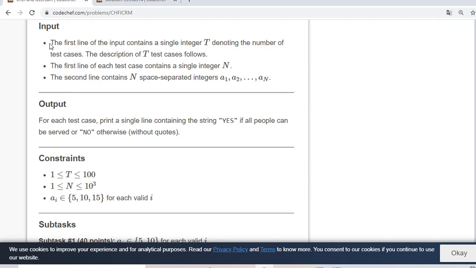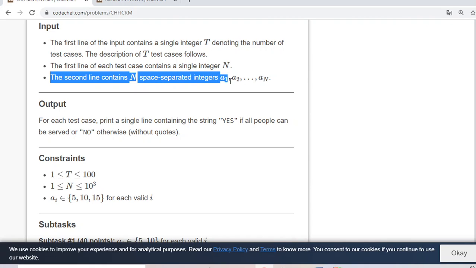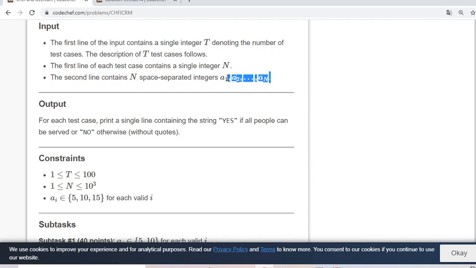the input condition. The first line of the input contains t, the number of test cases. The first line of each test case contains a single integer n, the number of customers, and the second line of each test case contains n space separated integers a1, a2 to an, the coin each customer has. The values of the coins are 5, 10 or 15. And in output